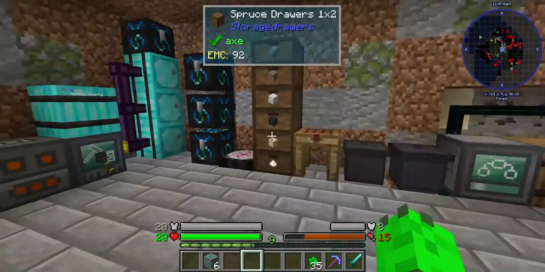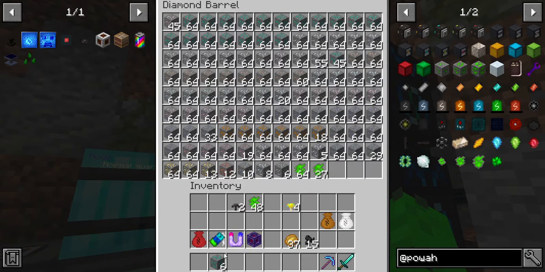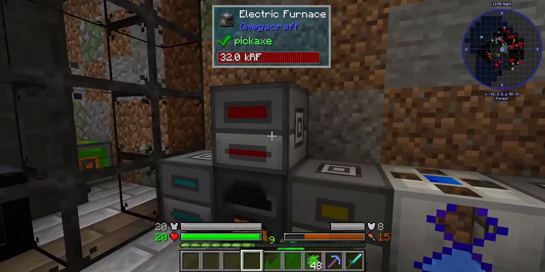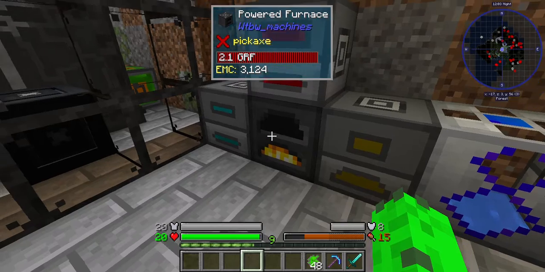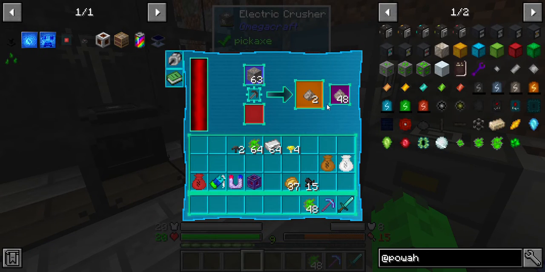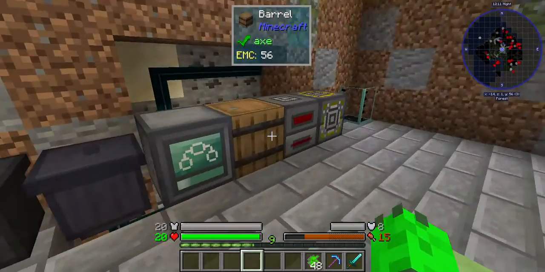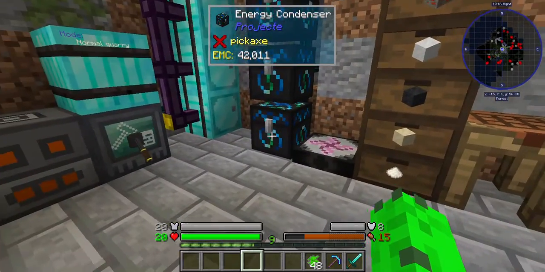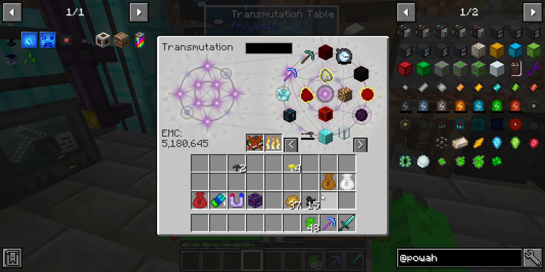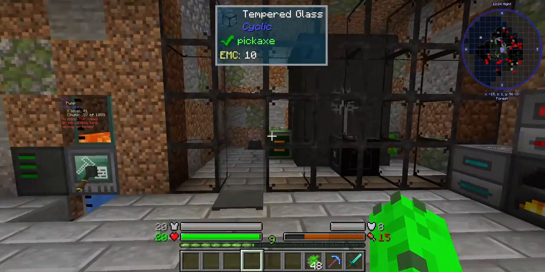I'm not sure. I would be willing to bet that it'll be able to remember its inventory. Is what I'm trying to say. It'll be able to remember its inventory, so I'm not too worried about that. I have smelteries everywhere because I'm trying to, like, process these buku amount of ores. Anyways, so